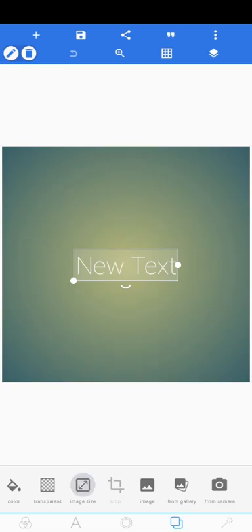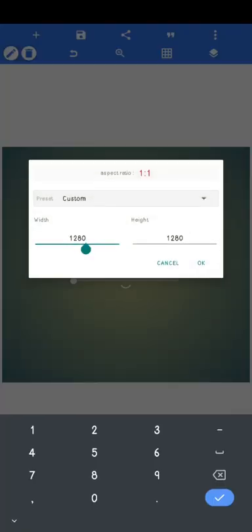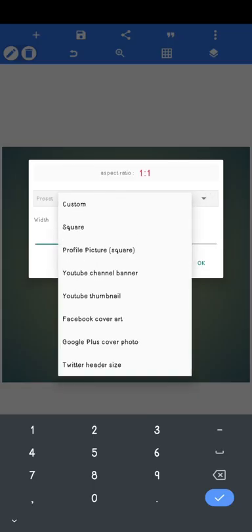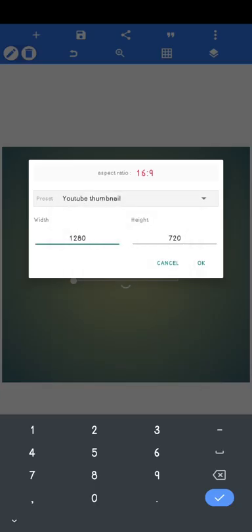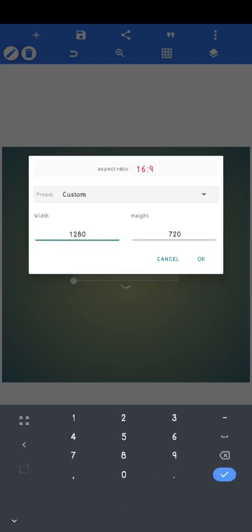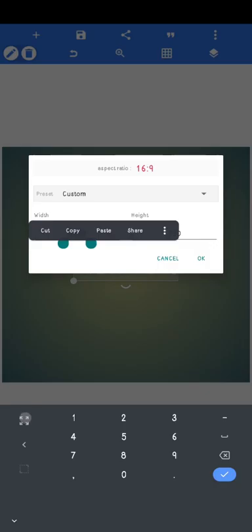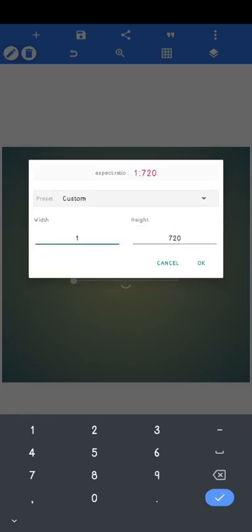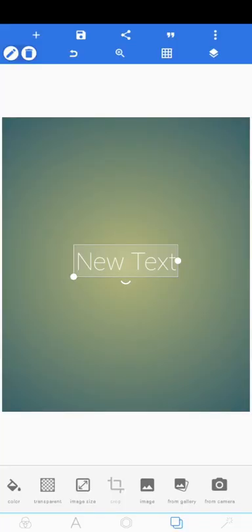Alright, so yeah, we're just dealing with image size first. So there are different image sizes that you can just incorporate. Just click on any of them and then it will directly tell you what size you are working with. So what we are doing here now is we are putting it as custom, and then we have to type in whatever size we want. So let's put here 1080 by 1350. So it should be the ratio of 4:5. So click OK, and yes, we have set our